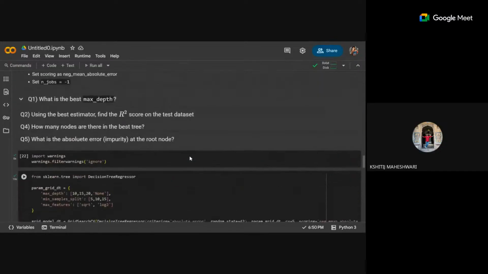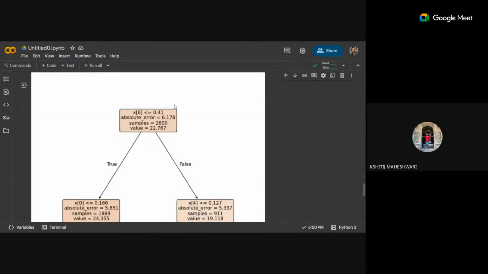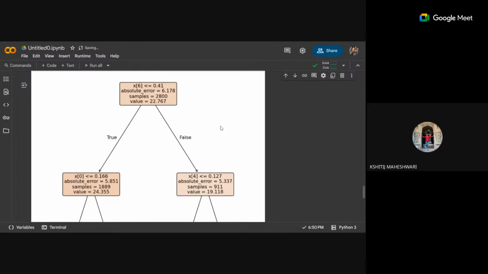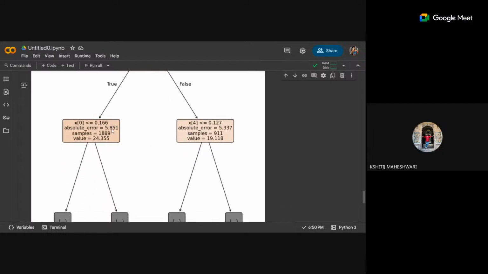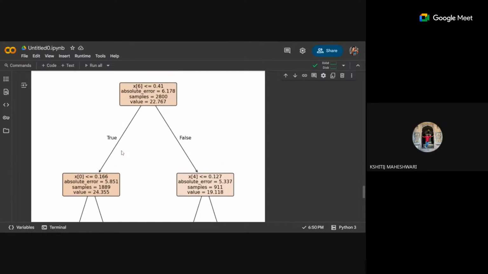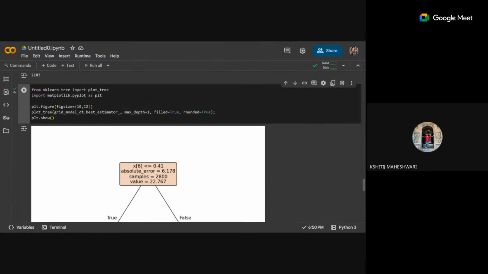So it is asking in the question what is the absolute error impurity for the root. The first node that we have is basically called the root. So what you need to tell is the impurity associated with it, or the absolute error. So the value is 6.178. This is how it works. It takes a condition, true or false, and based on that, the splitting is done in the decision tree. So multiple such questions can be found in the